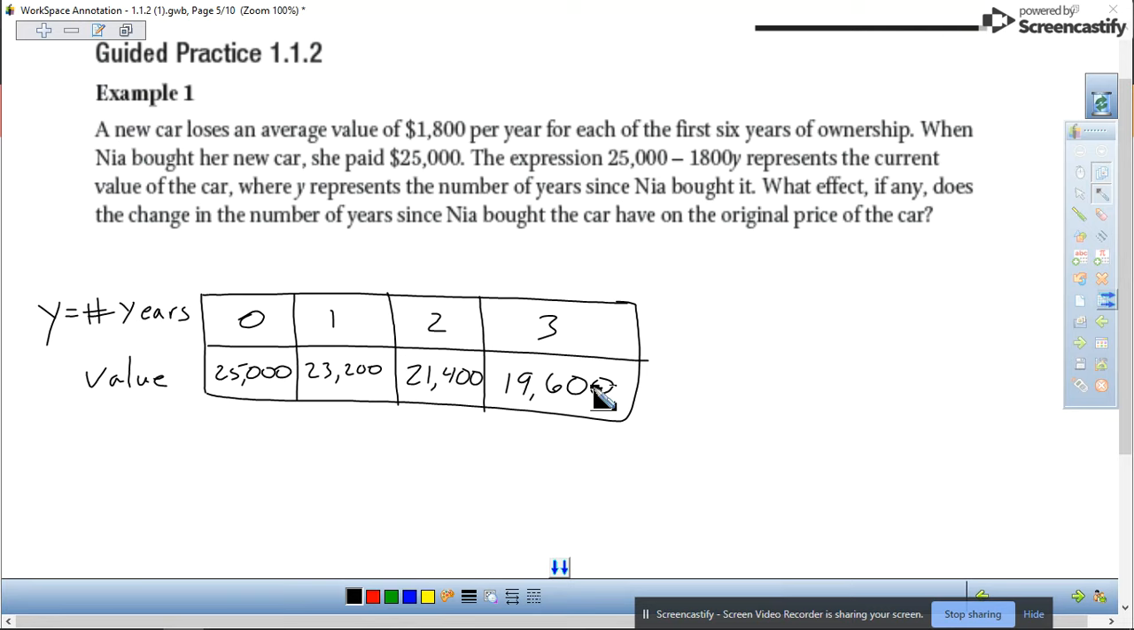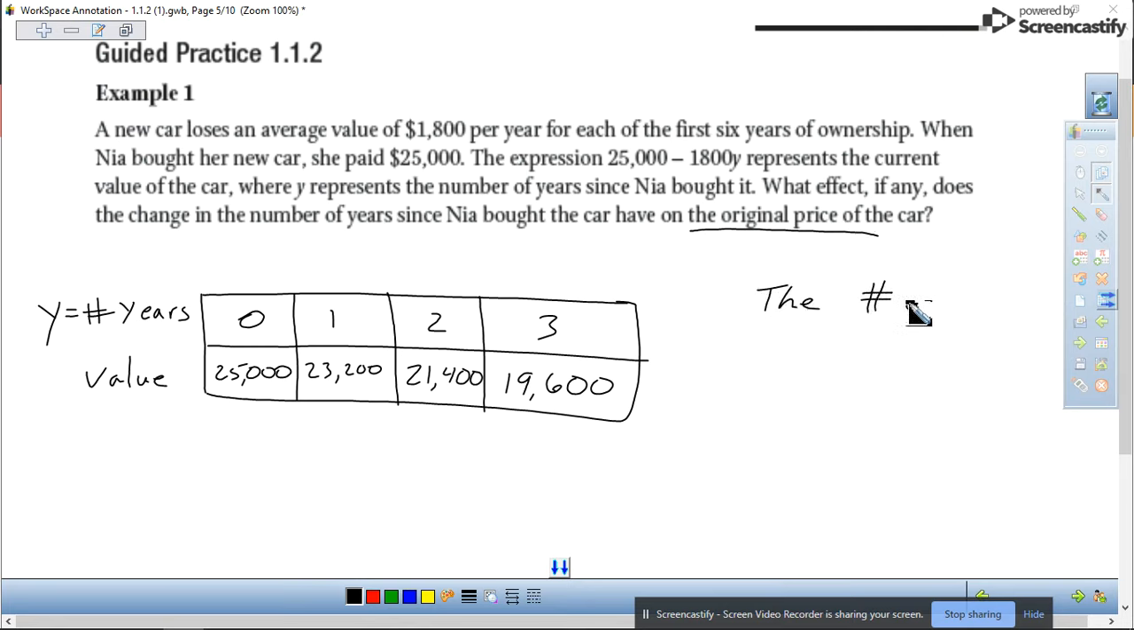However, that may tempt you to say that the overall value is decreasing as the number of years goes up, which is true, but that's not really what the question asked, because it said, what effect, if any, does the change in the number of years since Nia bought the car have on the original price of the car? The number of years affects how much the current value is. So the answer to the question for this one is that